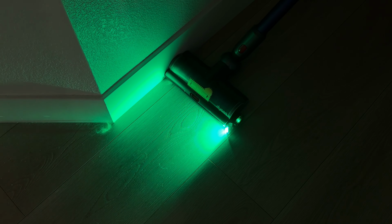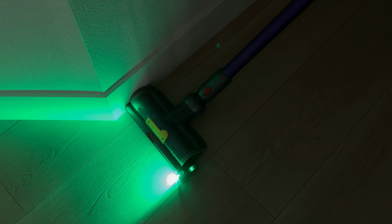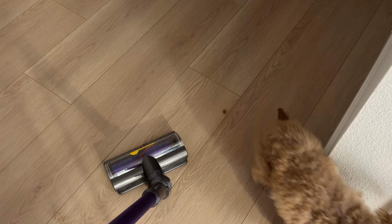Hey everyone, I was gifted this vacuum laser attachment in exchange for my honest review, and honestly, I was really curious to see if I'd actually notice a difference. We have a dog, and as much as I vacuum, those tiny little hairs are so easy to miss,